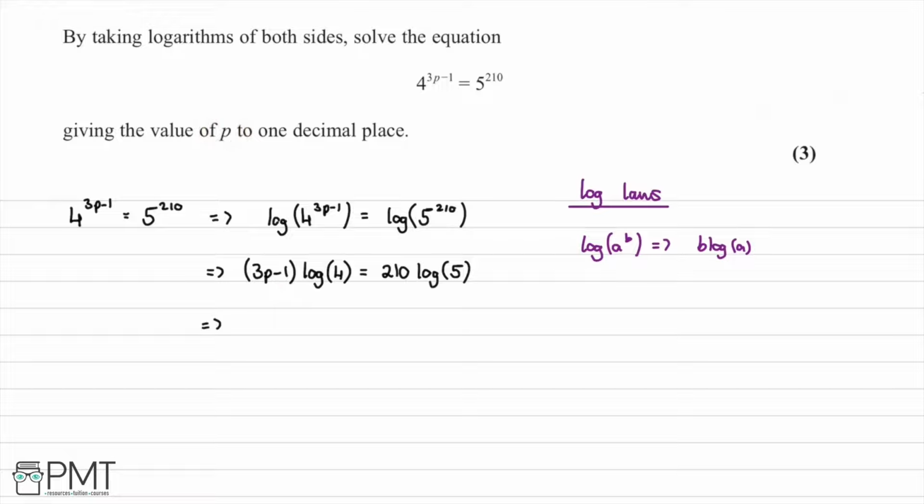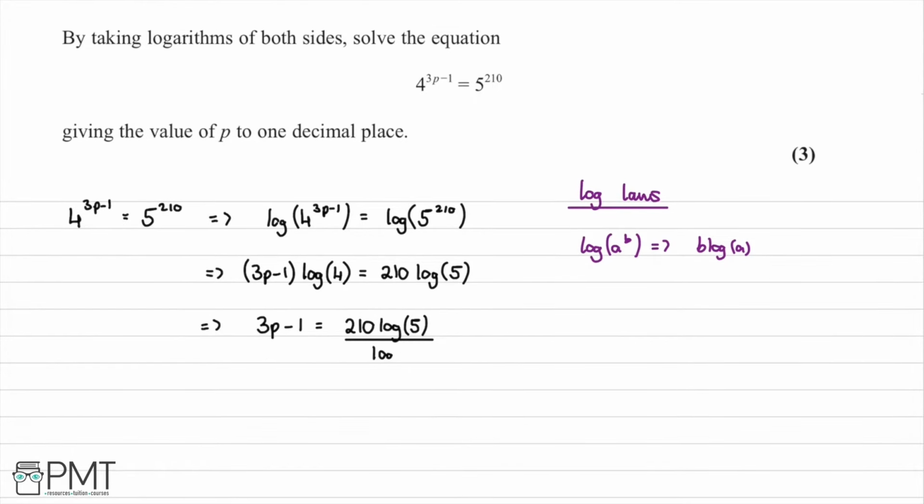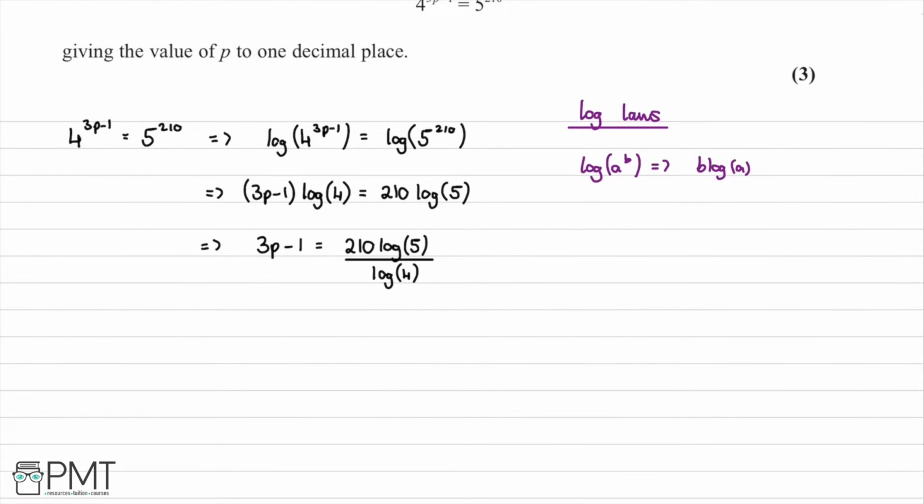So therefore, we can divide both sides by log of 4, and we're going to have that 3p minus 1 is going to be equal to 210 lots of log of 5, and then we divide that by log of 4. And then the next thing we can do, we can add 1 to both sides, and then this will give us as follows. We'll have that 3p is going to be equal to 210 log 5 over log 4, add 1. But first we're going to put this term into our calculator, and this comes out as